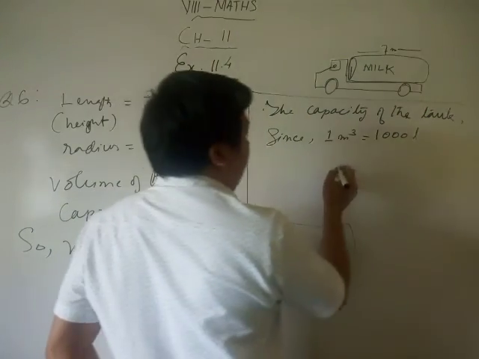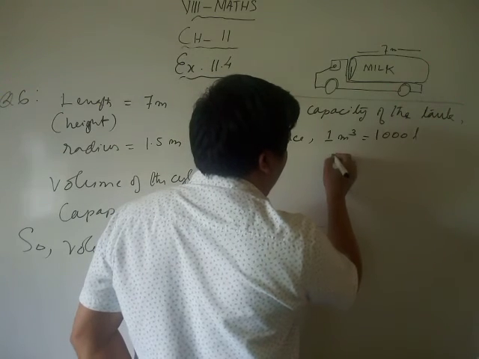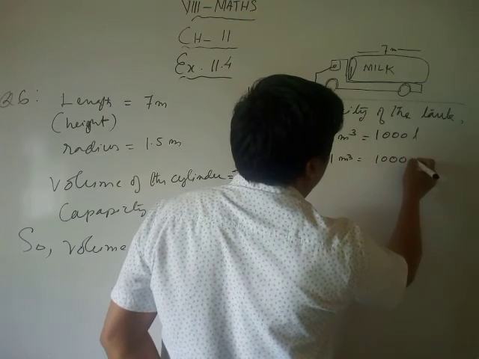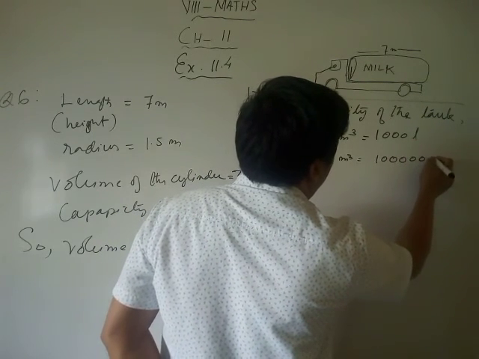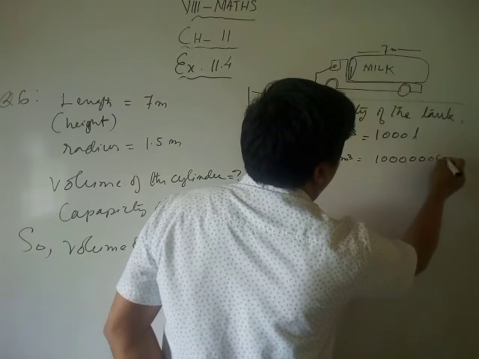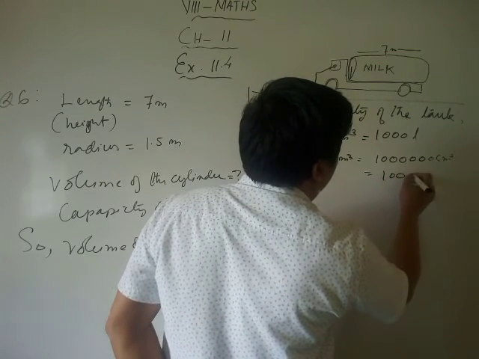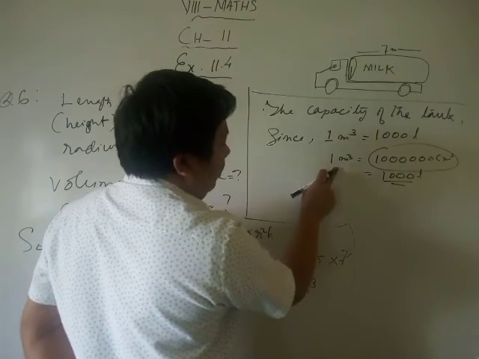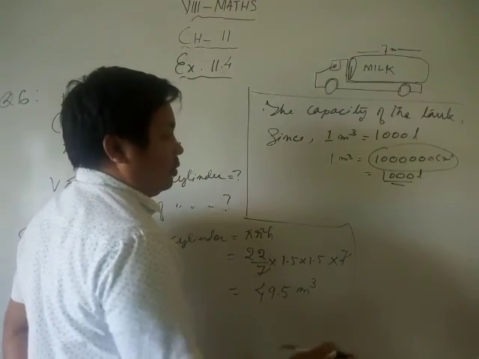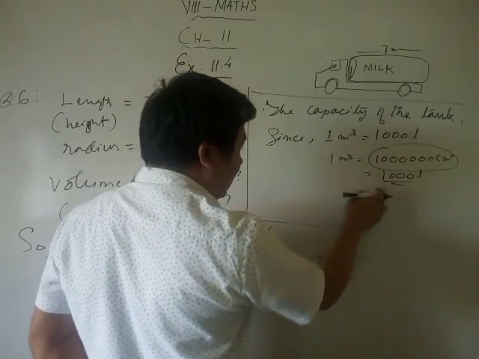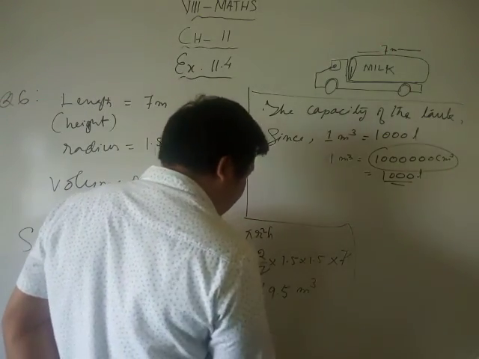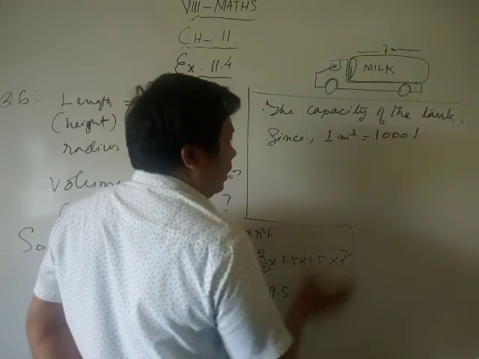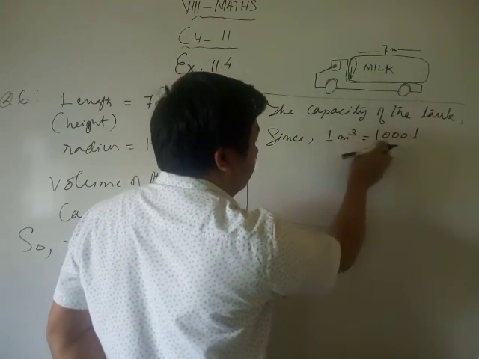Why? Because I already told you that 1 meter cube is equal to 1000 liter, isn't it? You don't forget this. Okay, clear? Since 1 meter cube is equal to 1000 liter,